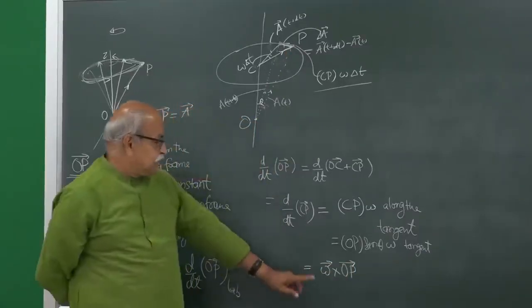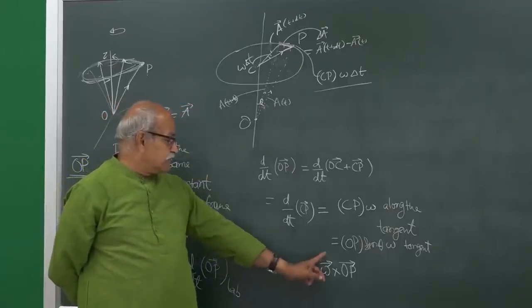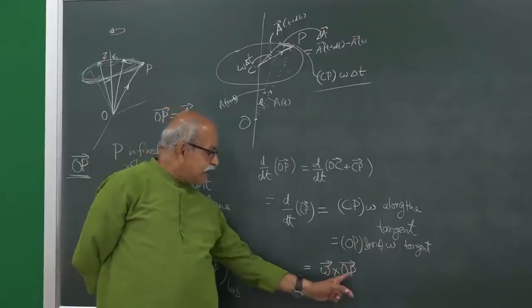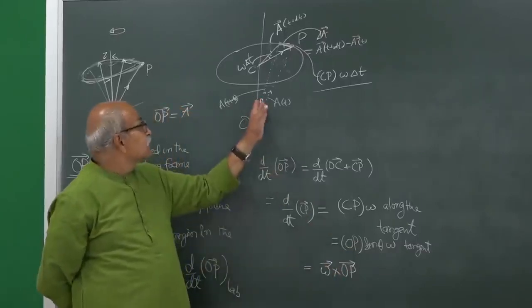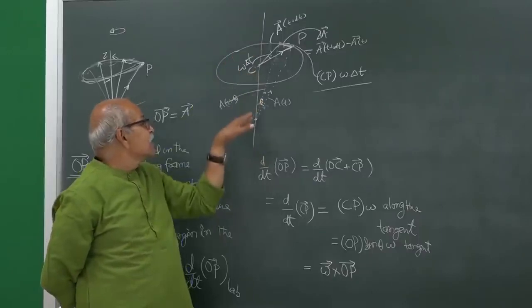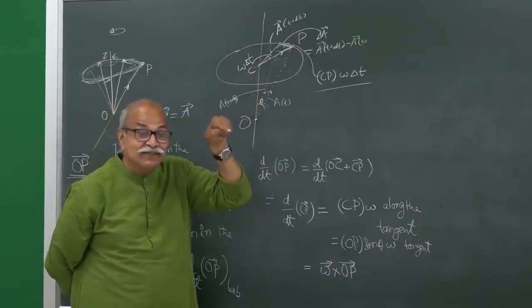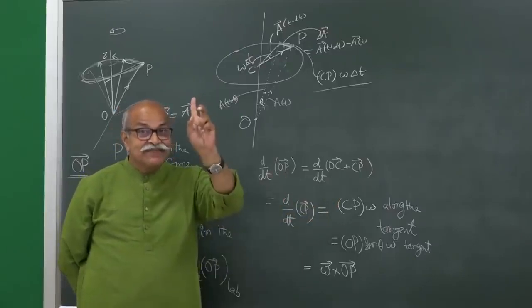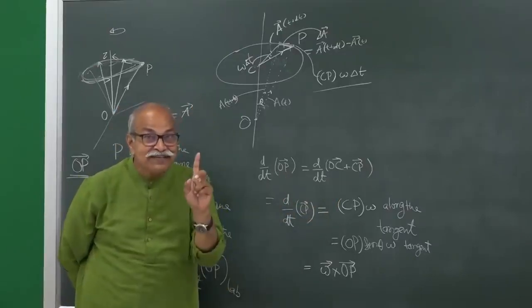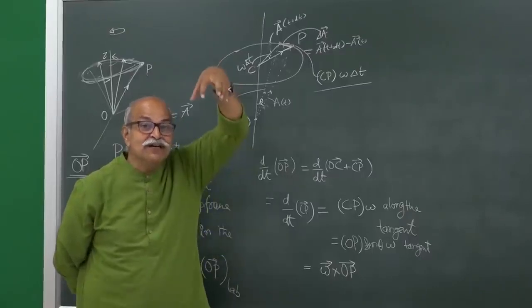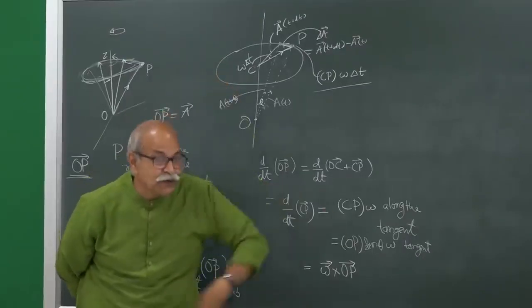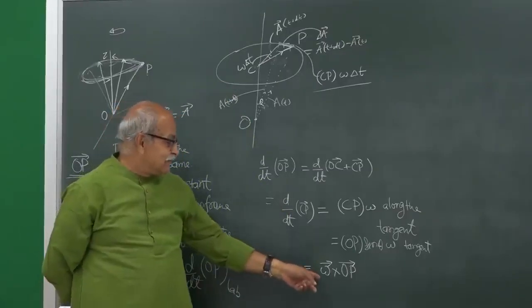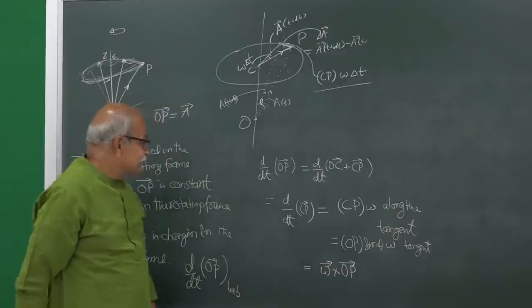See the magnitude. Magnitude of this vector is here. Magnitude of this vector is here. Sine of angle between these two is here. Omega, this is the omega vector, and you know what the omega vector is? When I am talking about the omega vector, the axis of rotation is the direction of the omega vector, and if you are looking from the top, then it should go anti-clockwise. So that is the direction of the omega vector. So it is omega cross OP,